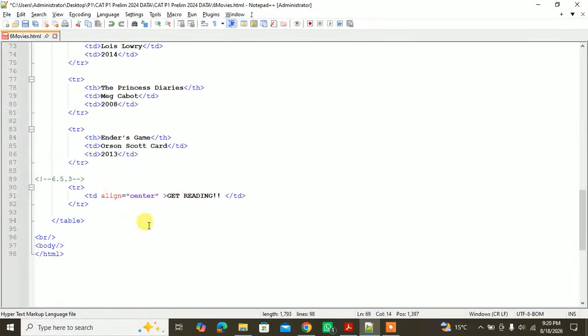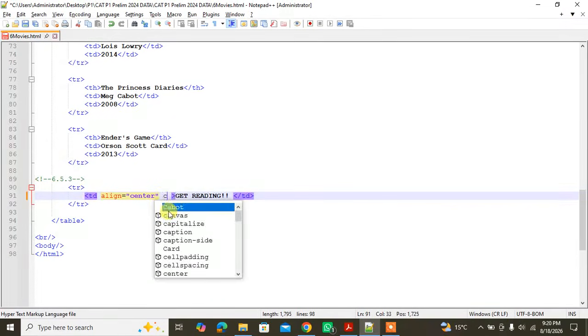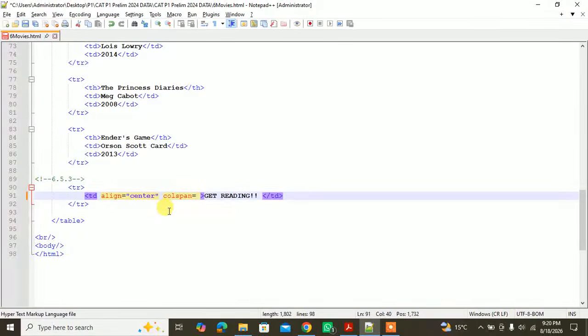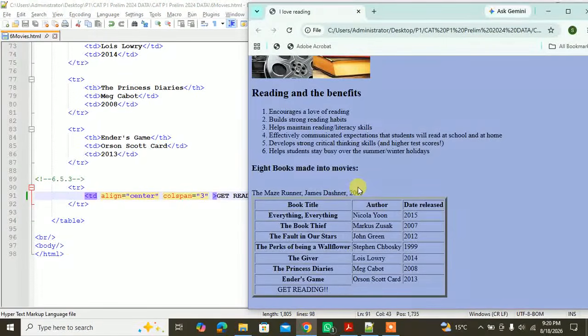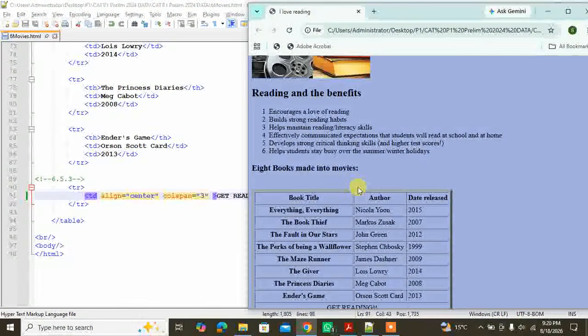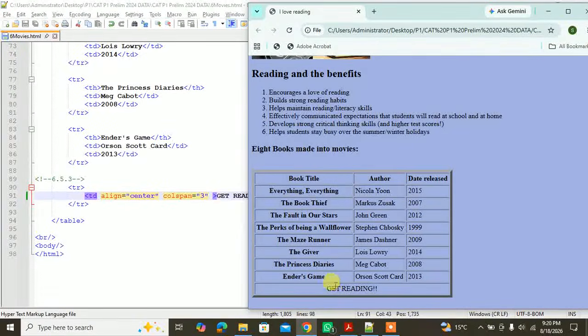So let's go down there. Can you see there is only 1 TD here? In here we're going to add a col span equals 3. If you were to merge these 3 cells, you would insert a row span, but you would insert it in this one, in the first